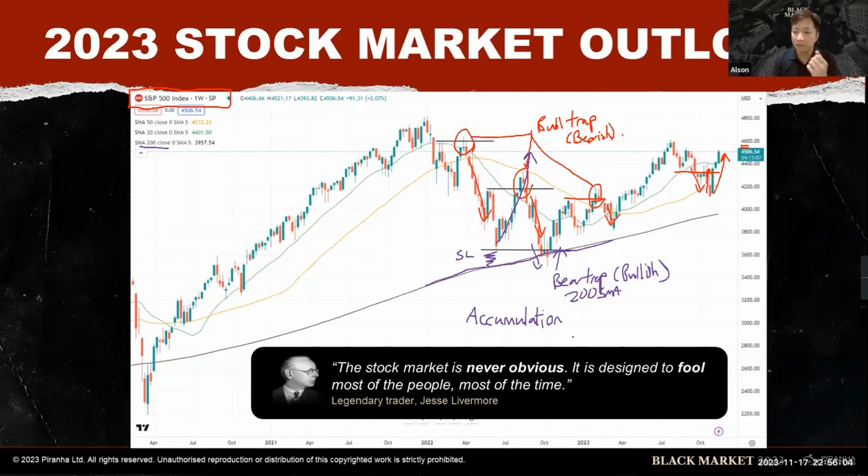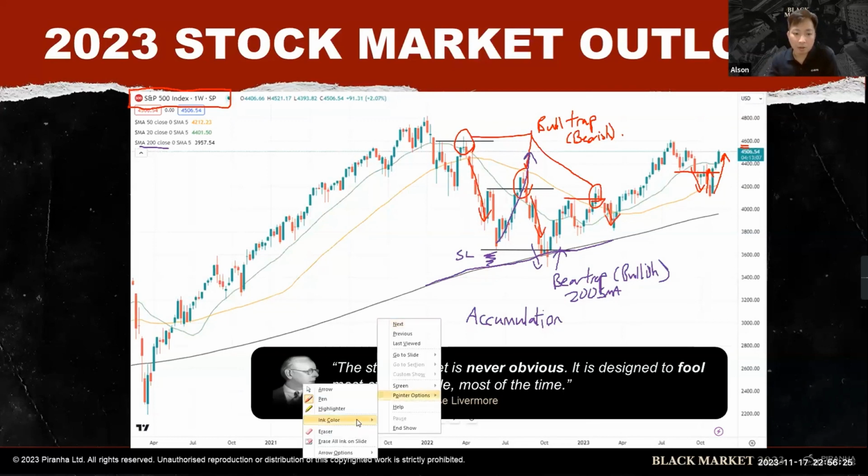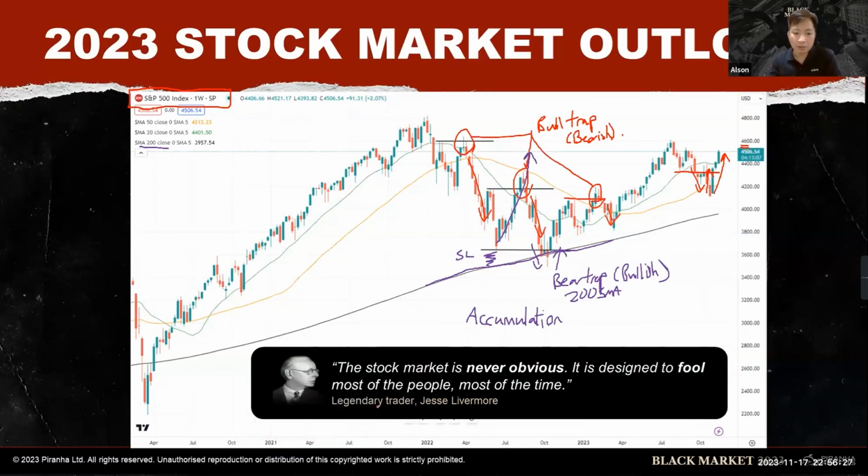So for me, even if there's bad news, but I see that the market maker is long, there's a long setup, I will still go long with the market maker. Just like the Coinbase example I'm going to show you. Because the number one mistake that traders make is to be influenced by news. In fact, this is what Jesse Livermore mentioned. Jesse Livermore is a legendary trader in the 1920s. Of course, he's not around anymore, but he left a lot of very important trading quotes that still resonate with traders today.